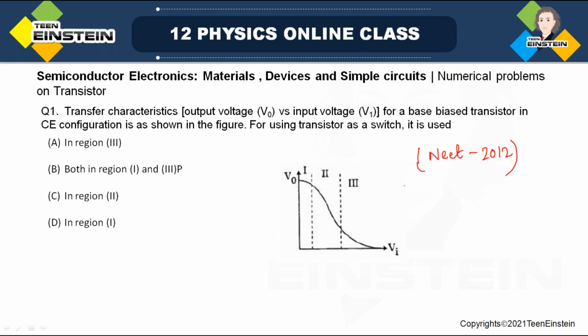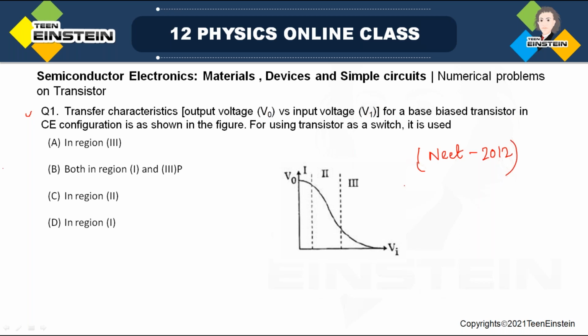Let us solve the first problem. This problem is saying that the transfer characteristics. So what is transfer characteristics? When we plot output signal versus input signal, that is called transfer characteristics. For a base biased